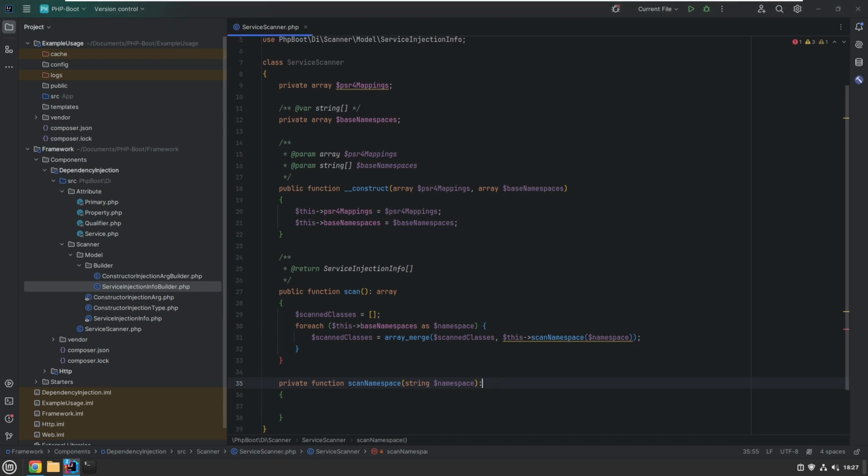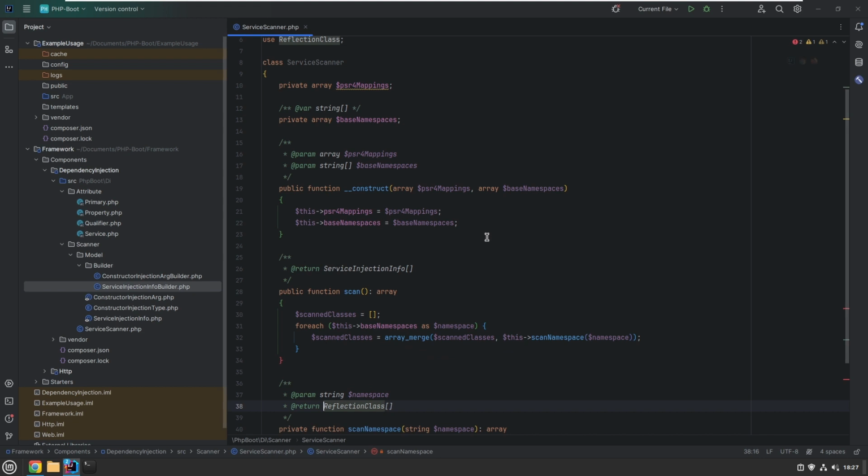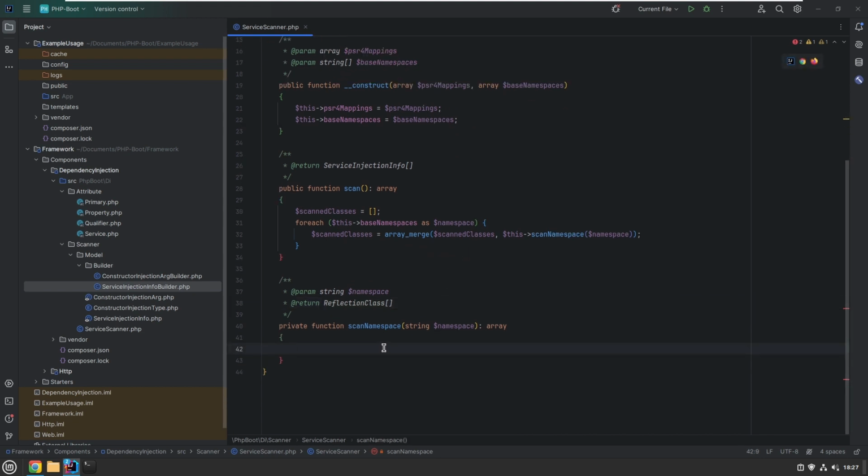It will return an array, and this array will be a ReflectionClass array. So let's import it. So how will the namespace work? You see we receive a specific namespace and we say, okay, scanned classes